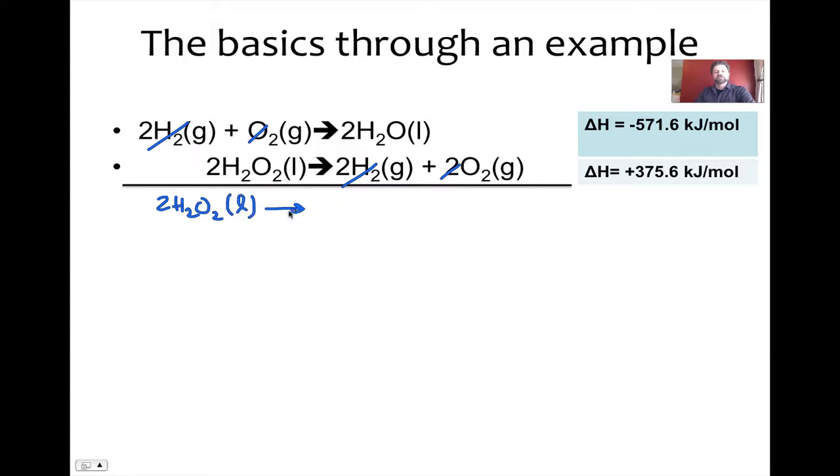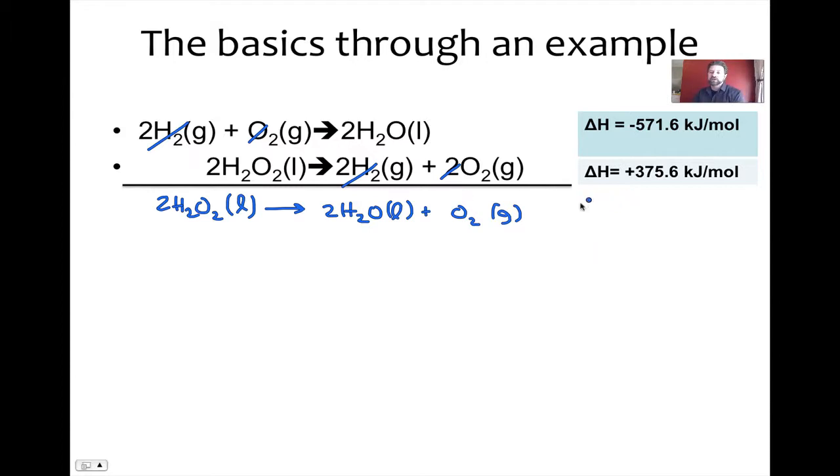And I have my reaction arrow there, and my first product is 2H2O liquid, and we have 1 oxygen left as a gas. So that is the net equation when I add these two equations together. As far as the delta H is concerned, if I add these two together, I have negative 571 and I have positive